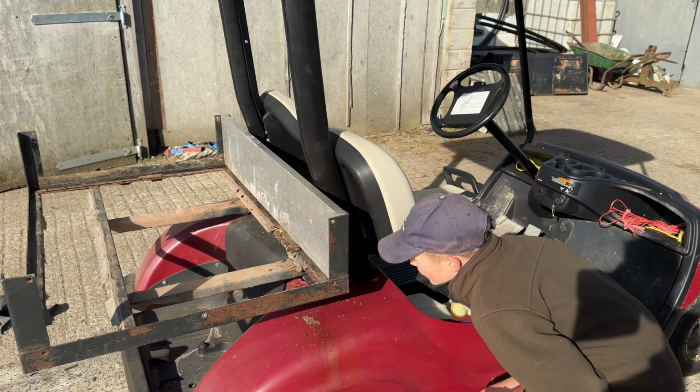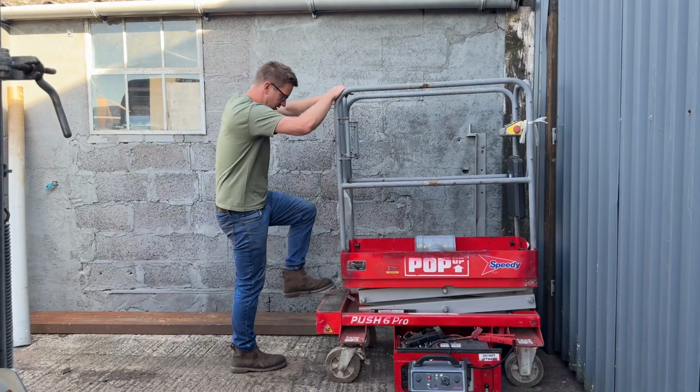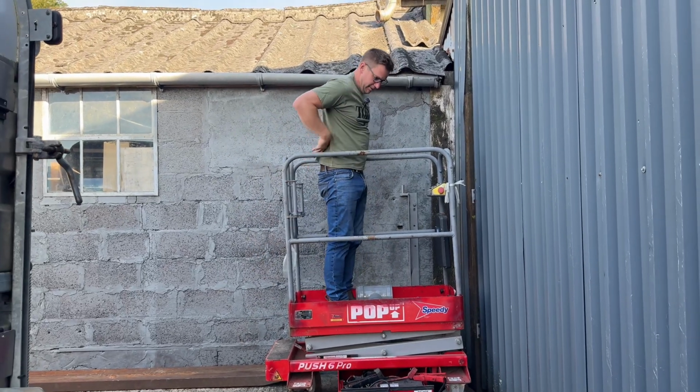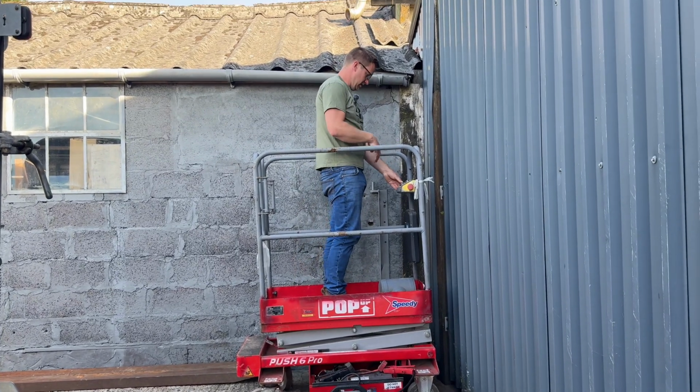Can we use the track saw? Yeah, we can use a track saw. That'll be fine. We've dug another toy out the shed. You might remember this from when we bought a load of other stuff that Molly helped me unload one day. But unfortunately the battery's flat, so I've got the jump pack on it to make this work. Now, I think,